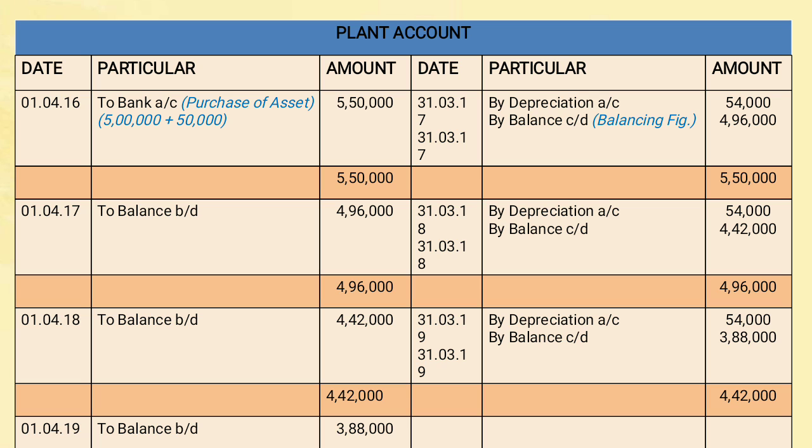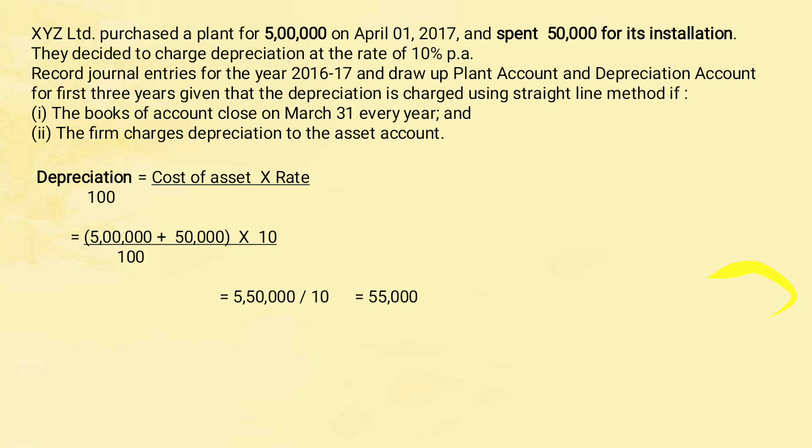On the debit side, whenever you purchase or whenever you transfer the opening balance, we have to mention the opening dates always. So for the opening date we write balance brought down, whatever balancing figure we had in the previous year, that we write here as the opening balance. Again, now on the 31st March 2018, because of the 1 year, we have to write off our depreciation 54,000. Again, the total of the debit side and the total of the credit side should be equal.